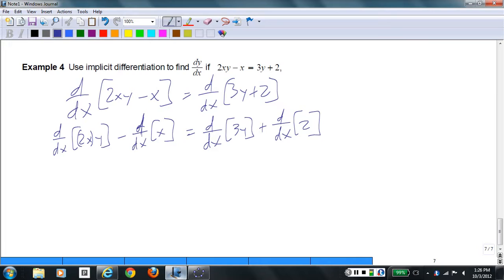So I'm going to treat the 2x as one expression and the y as another, and think of it as the product of those two expressions. If you wanted to, you could associate the 2 with the y, but that's what I want to do. Got to do something with the 2, and that's what I'm choosing to do with it. So it's the first times the derivative of the second plus the second times the derivative of the first, product rule,